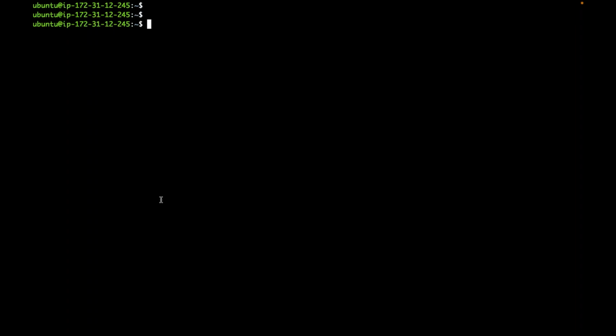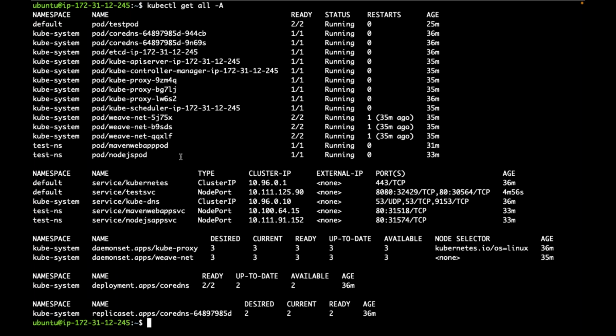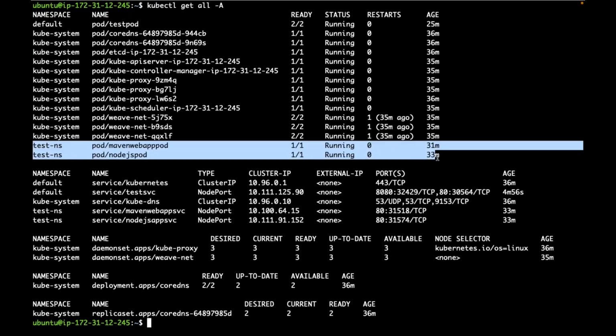Guys, one more important thing. Is it recommended to keep on deploying a lot of pods like this? If you don't have enough resources, is it recommended to deploy a lot of applications? How many pods or how many containers we can create depends on what again? How many pods we can deploy in that cluster depends on what? Based on the system resources, based on the available resources you have.